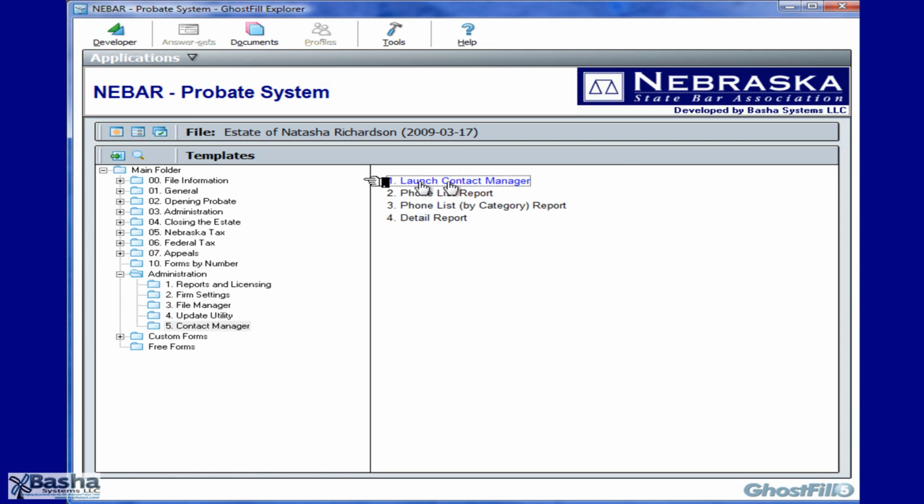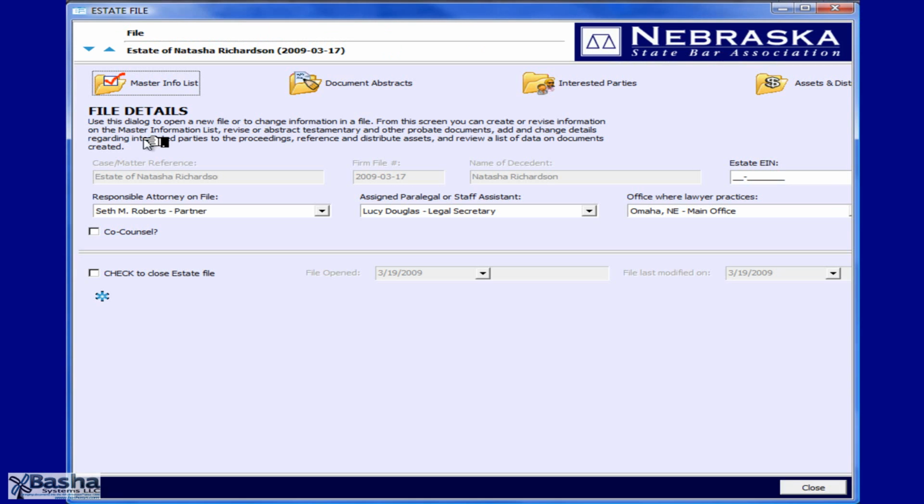Notice back at the screen that the estate of your decedent appears at the top. If you wish to go back in now and make changes to her file, you simply have to move over to the middle Edit File button, click it, and you'll be returned to the main file screen. You may then